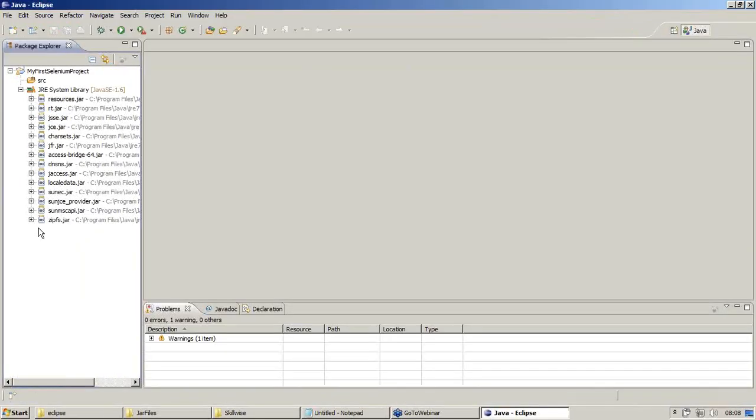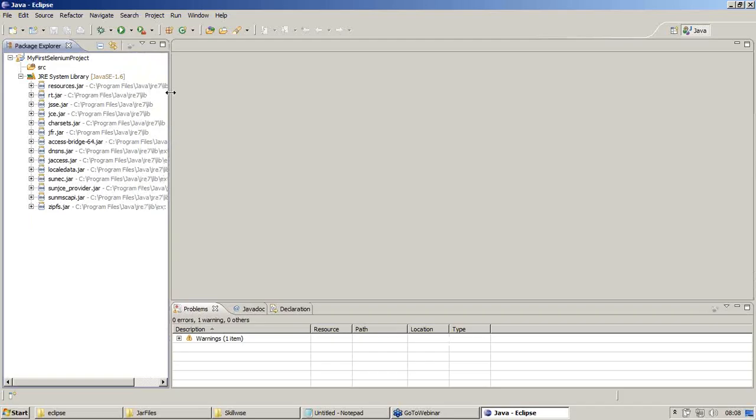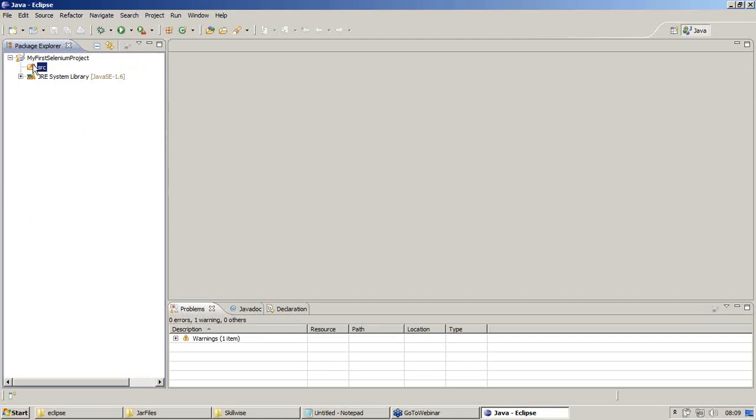Now TestNG has been installed. Inside this project we are just browsing through the package explorer. By default, the JRE system library has been configured here. There is only one folder called src which has been created.